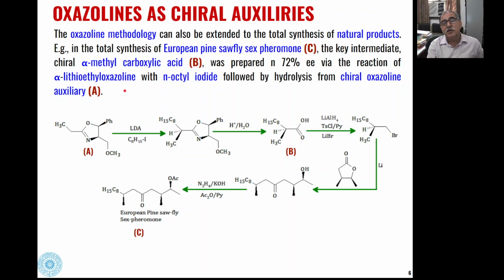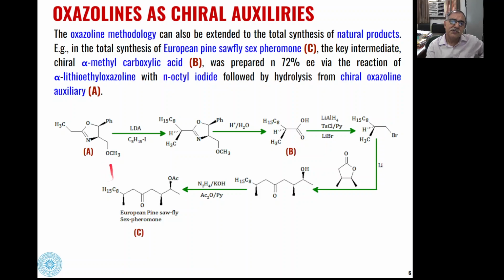Then the same oxazoline methodology can be extended for the synthesis of natural products. For example, the synthesis of the European pine sawfly sex pheromone can be achieved through asymmetric synthesis of these types of alpha substituted carboxylic acid. And this alpha substituted carboxylic acid, through some common organic reactions, can then be converted into this type of natural